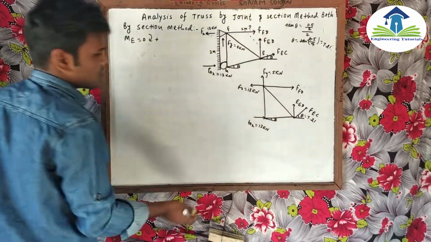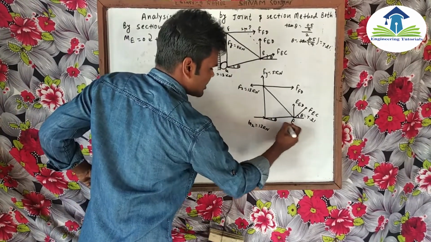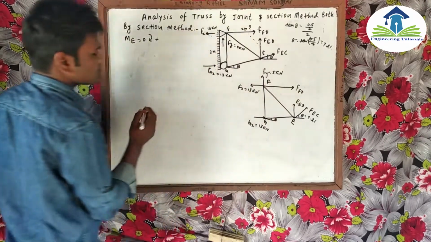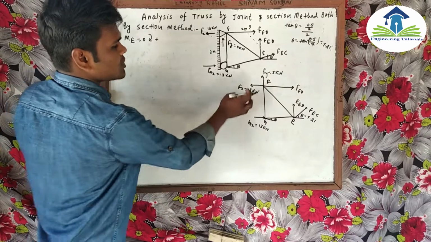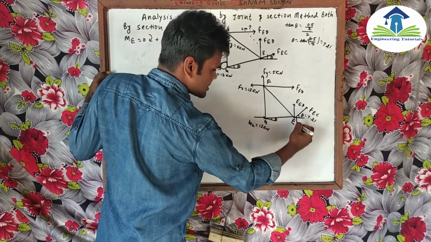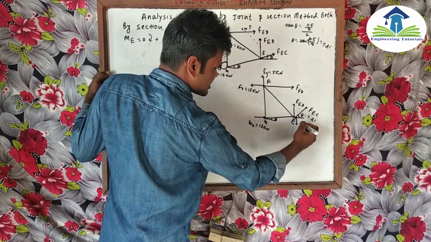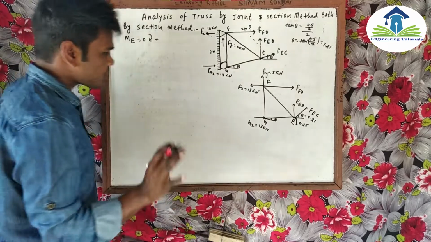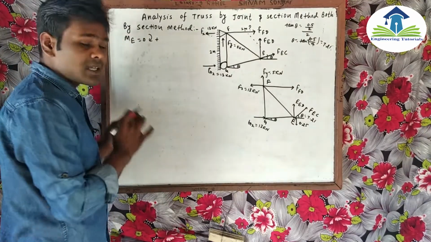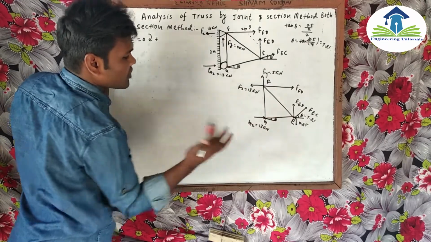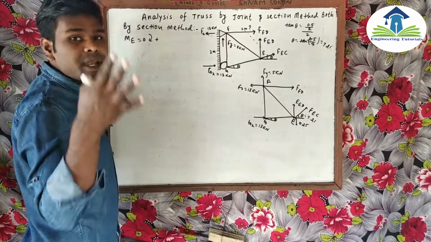Now we have to calculate the total bending moment at point E. This is G, this is F. So for the total bending moment, which forces are involved? These forces are going to be generated, and this is the distance of 0.25. You can analyze the figure. So at point E, which forces generate bending moment? These four forces are going to generate bending moment.